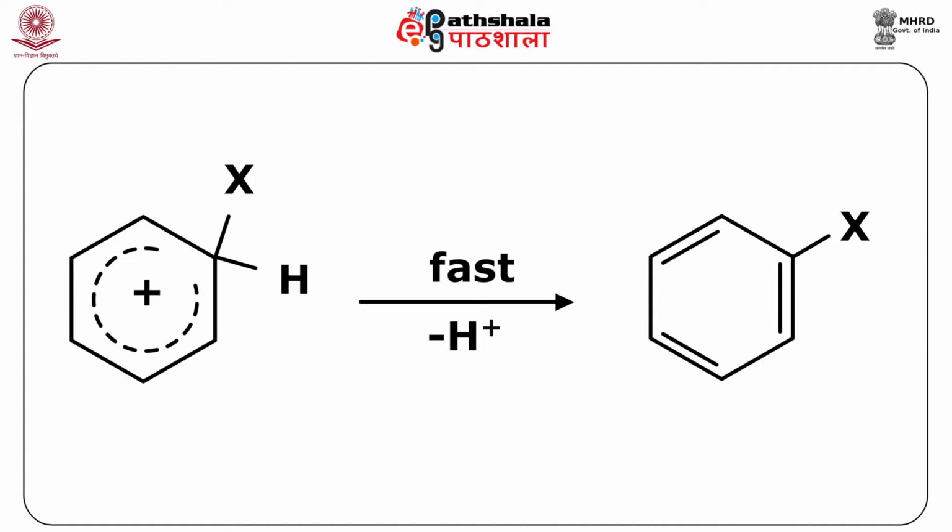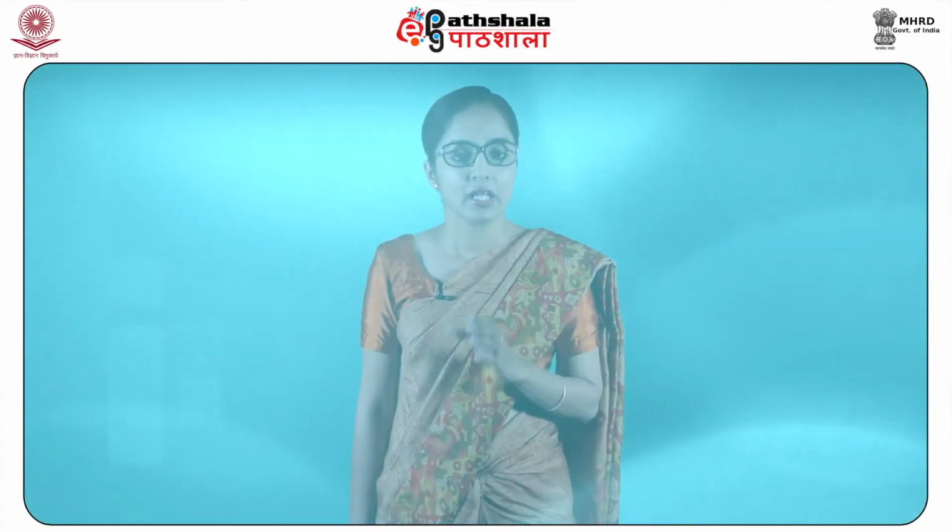Now you can see in this reaction, that is the second step of the reaction, how the hydrogen cation is basically leaving and the aromaticity is being regained. Thus we again form the same system, but now the electrophile is attached onto the ring, not the hydrogen, because it has left the ring. Now note students, there is some resemblance of this mechanism to the attack of nucleophiles on the carbonyls of esters or amides to give you a tetrahedral intermediate which is formed, except that the charges are reversed.